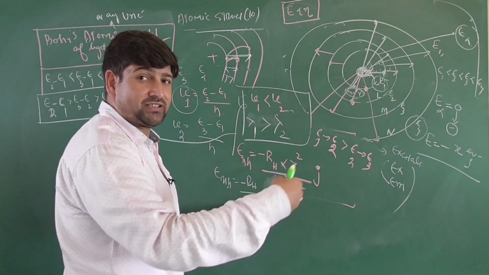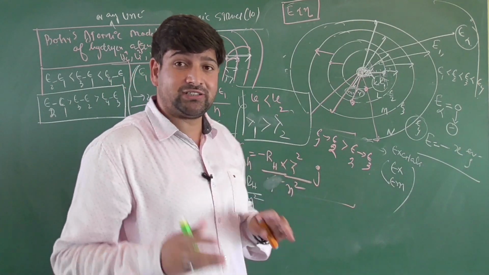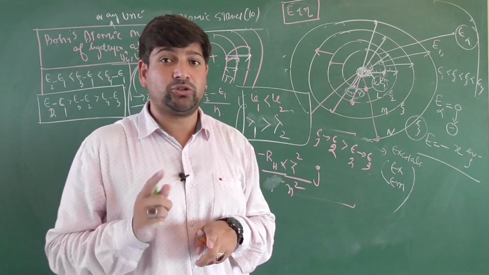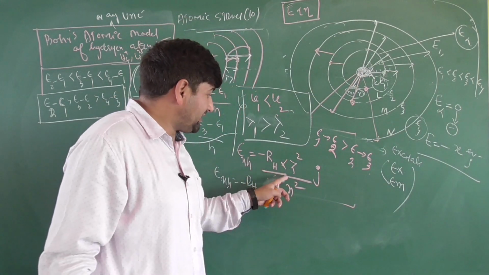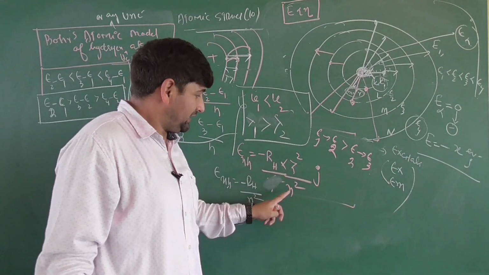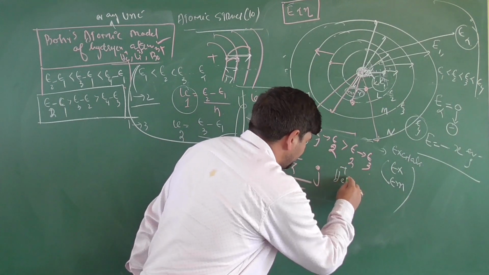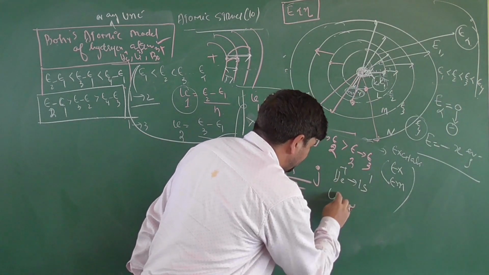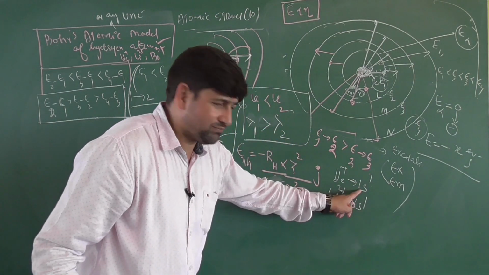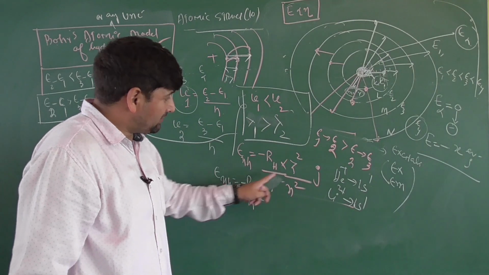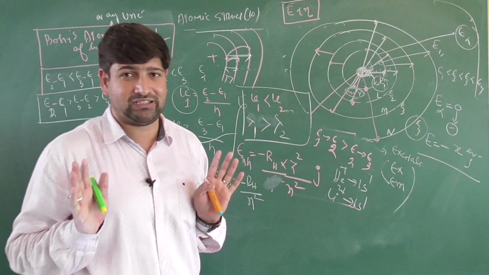Electron can be present in the second shell, third shell, fourth shell, fifth shell. Z will remain 1. However, if it is any other uni-electron system except hydrogen, then things will change. The principal quantum number for helium plus is also 1s1, and lithium 2 plus will also be 1s1. So n may remain the same, but Z will change, and according to Z, the energies will also change. We will do numericals on this as well, children.